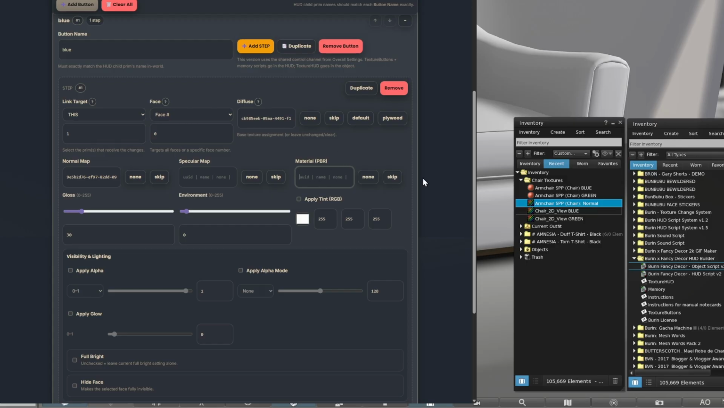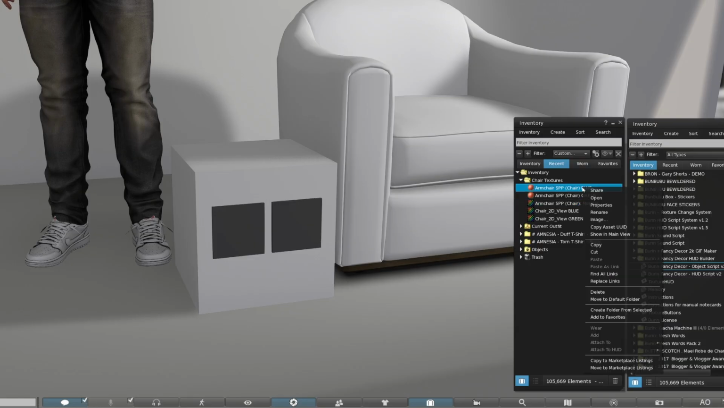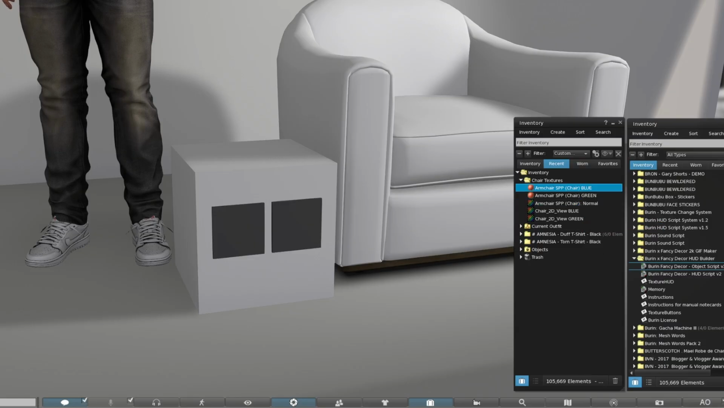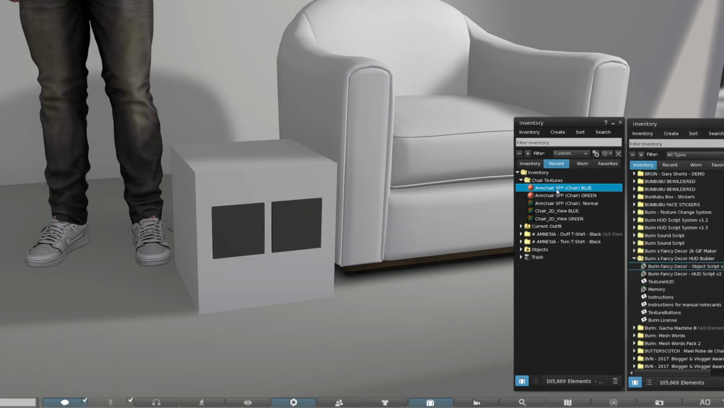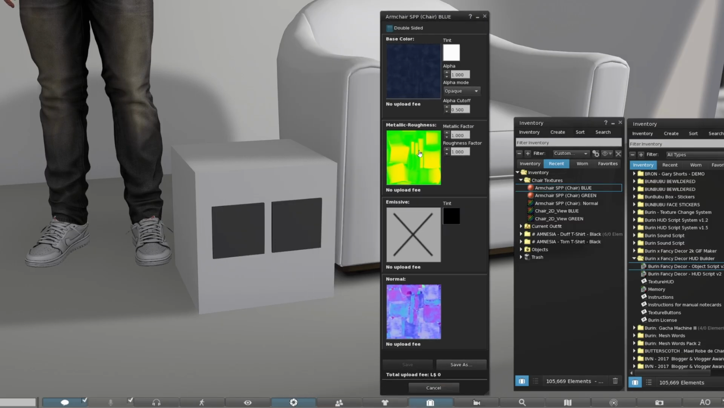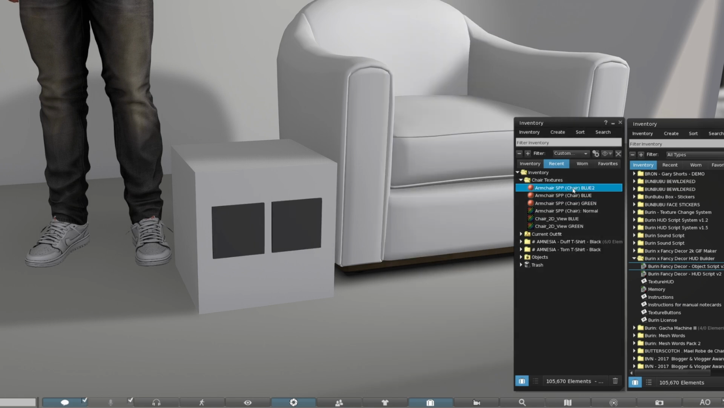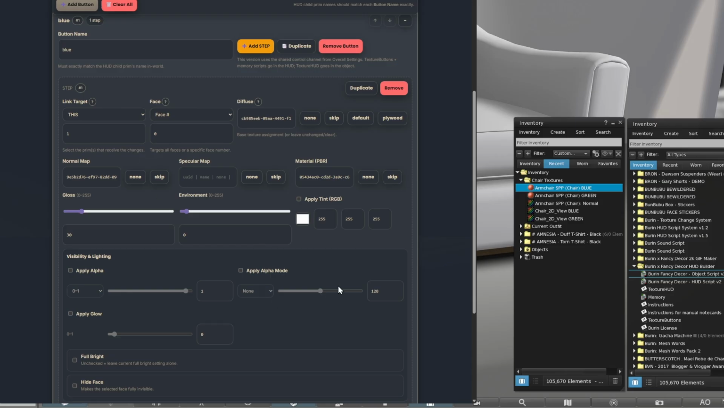Now for PBR, we're going to add our UUID for the PBR material. So here we have this, copy asset UUID, and paste. Now, if you wanted to change something within the PBR material, you would simply open it up in Second Life, make your adjustments here, save as, and I would do like blue 2, and you would use that UUID. And now for our next button,